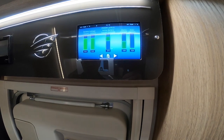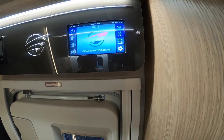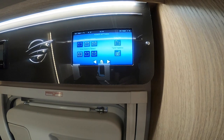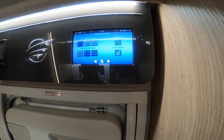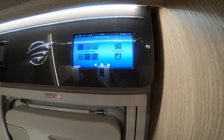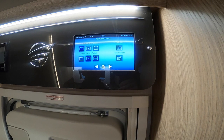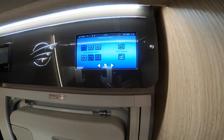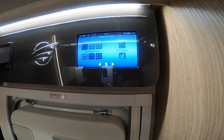The solar panel will go to sleep when it's hooked up to mains, because the mains is bringing in the bigger voltage of charge. Then if we go to the settings, your active battery should be your leisure. Turn off smart, because smart will analyze both batteries, and once it has analyzed both of them, it will change over to whichever one has the better charge in it, and that's not something you want. You always want your active battery to be your leisure battery to run the motorhome side, otherwise it could flatten